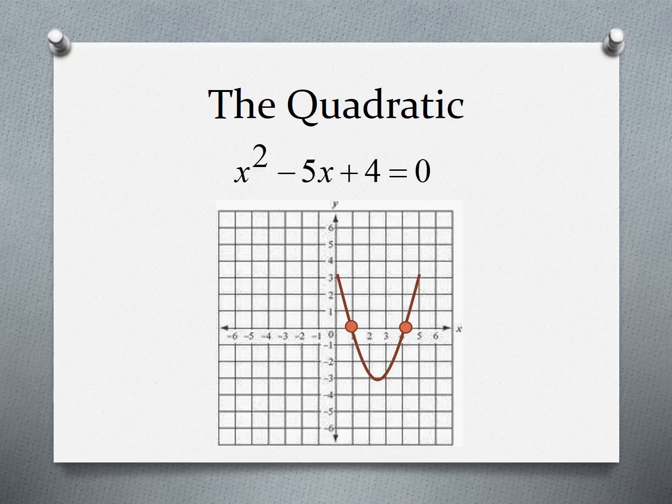Let's take a look at a quadratic and talk about some of the features of a quadratic equation. Notice that every quadratic equation is a quadratic equation because the highest power of the variable is 2. So notice we have x squared minus 5x plus 4 is equal to 0. The highest power of our variable in this equation is 2. Therefore, we have a quadratic equation, and every quadratic equation has a shape like what you see here on your screen